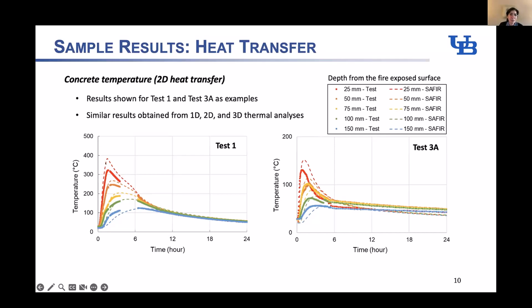There might be a little bit of difference at some points, but overall we were happy with these results. One reason for the difference, number one, we did not calibrate, we did not change any material properties. These are the default material properties in SAFIR. And another thing I should mention, these were relatively large